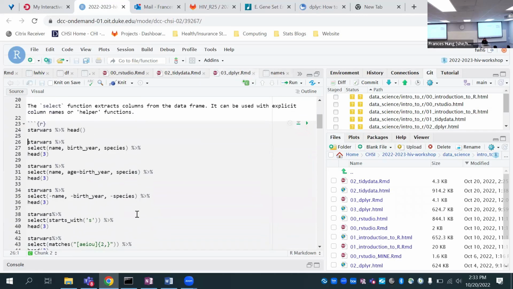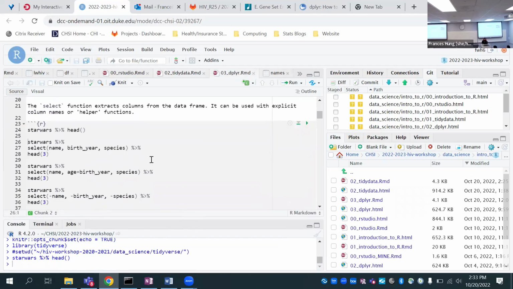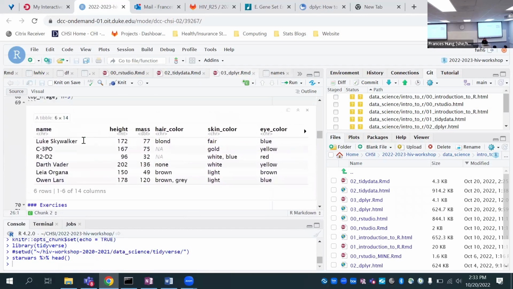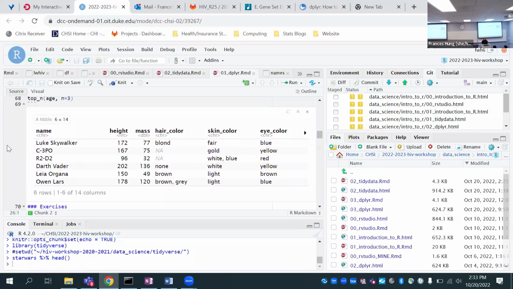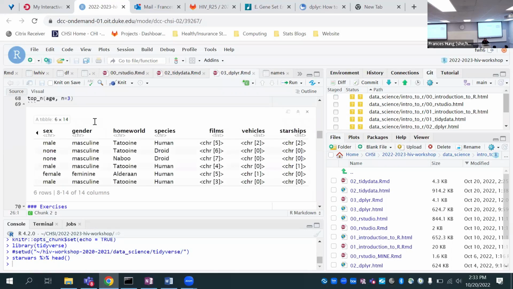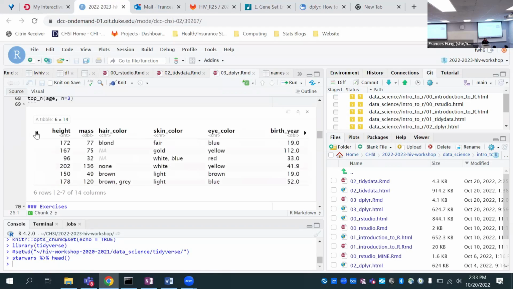Okay, I think it works. So starwars head returns the first 6 rows, and we see Star Wars characters, their height, mass, a lot of information on what species, what sort of home world they're on, and so on. Lots of information.